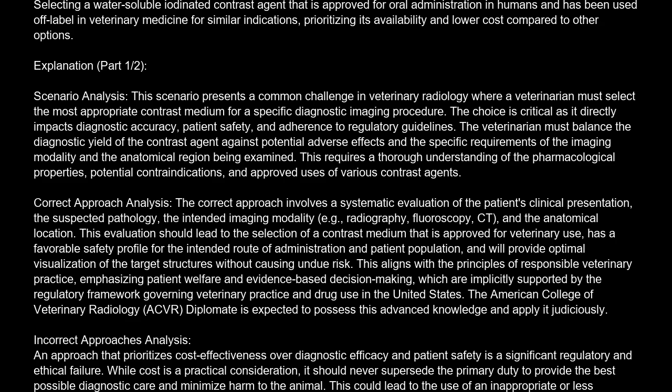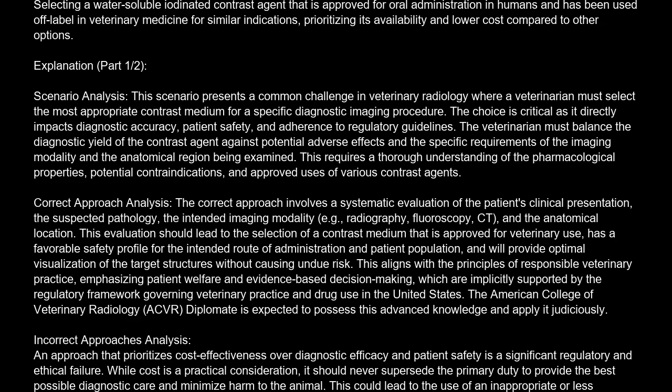Correct approach analysis. The correct approach involves a systematic evaluation of the patient's clinical presentation, the suspected pathology, the intended imaging modality, e.g., radiography, fluoroscopy, CT, and the anatomical location. This evaluation should lead to the selection of a contrast medium that is approved for veterinary use, has a favorable safety profile for the intended route of administration and patient population, and will provide optimal visualization of the target structures